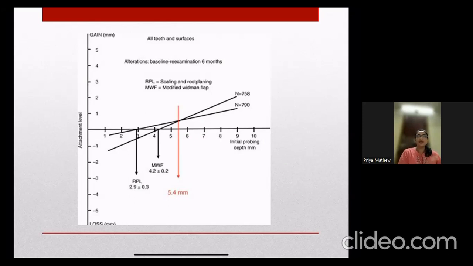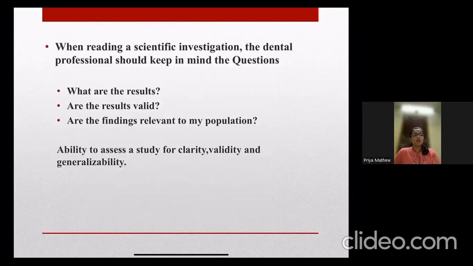So it is again a concept, but we will have to know the authors who have mentioned it and the year also, and we have to know what is the significance of critical probing depth. And this is mainly focusing on the non-supportive periodontal treatment side also. Now the third one is the